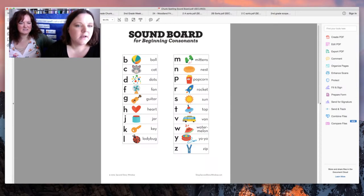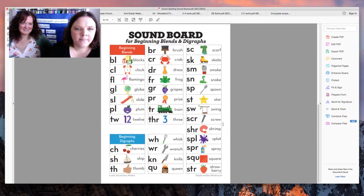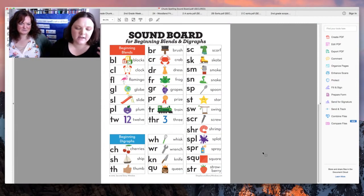Yeah, O-O-N. So they'd have a little chunk card that says oon, and they're going to lay it over here and go, boon. Okay, does that sound like a word that I know? And if it does, they're going to write it down in their notebook. And they're going to go through all of the letters, first the beginning consonants, and then the beginning blends and the digraphs, and just see how many words they can come up with on their own, and they'll write it down in their notebook. And actually, we're going to go